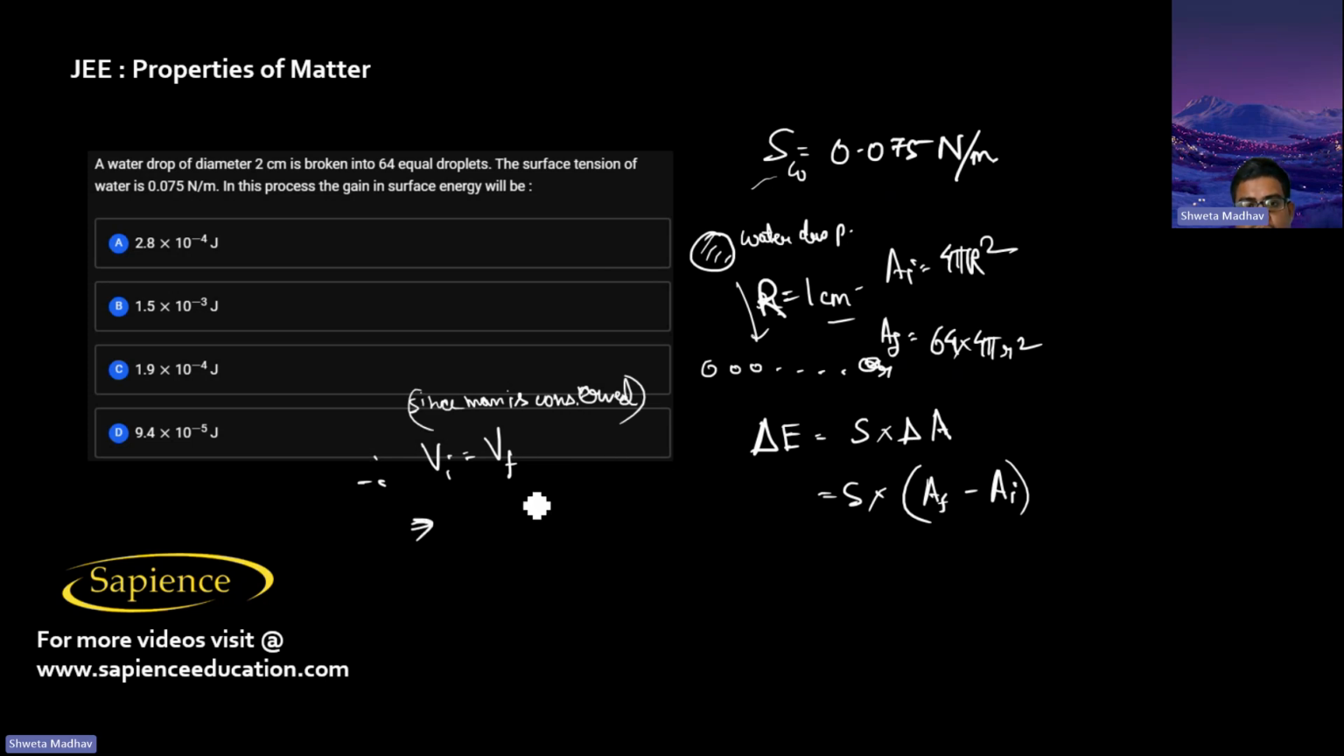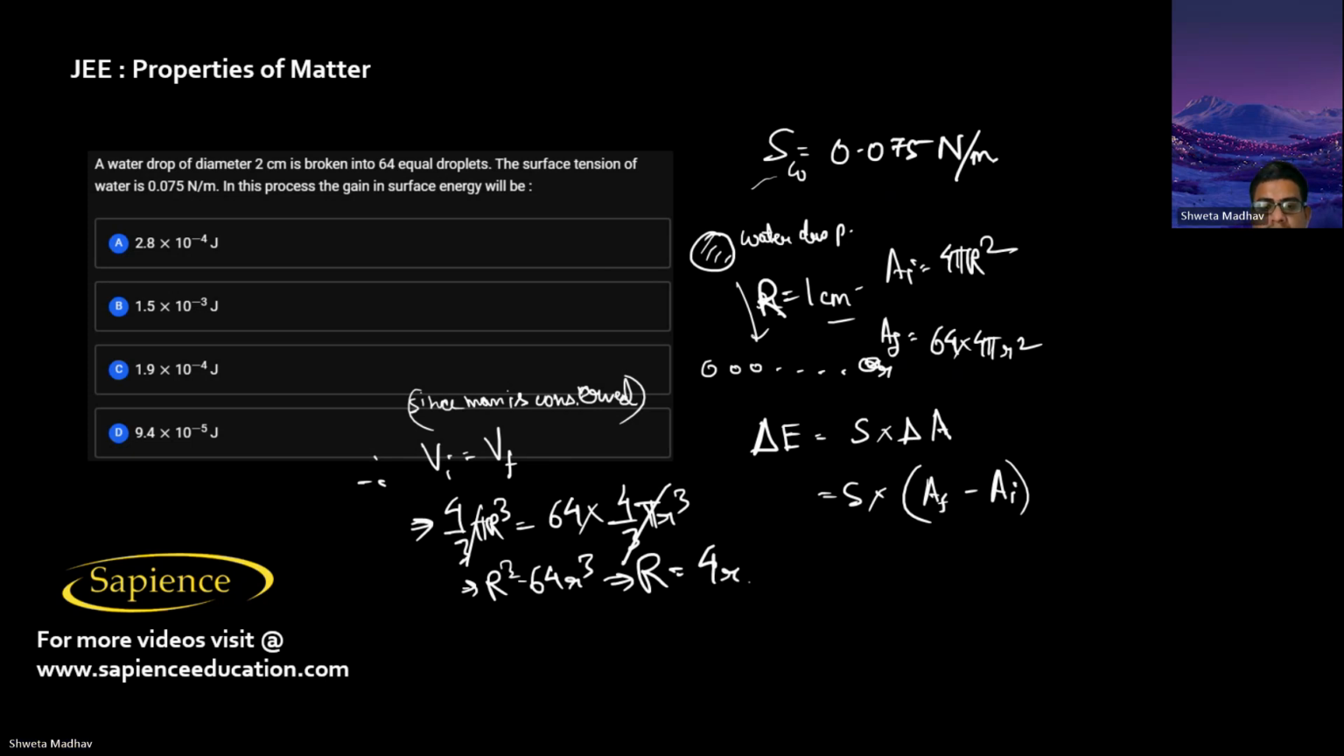So initial volume, that is 4 by 3 pi capital R cube, is equal to final volume, which is 64 into 4 by 3 pi small r cube. So these two will get cancelled. Therefore R cube is equal to 64 r cube. Therefore R will be equal to 4r. Therefore r will be equal to R by 4, which is 1 by 4 centimeter. So therefore the gain in the surface energy